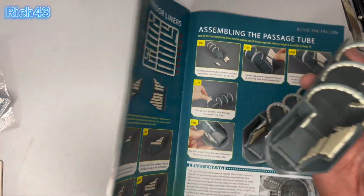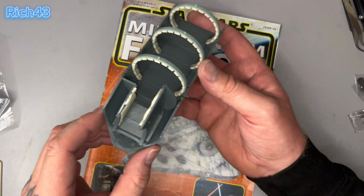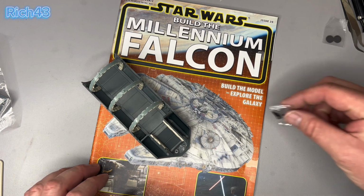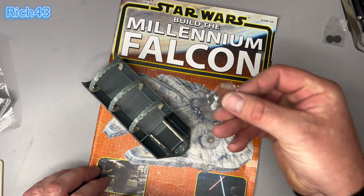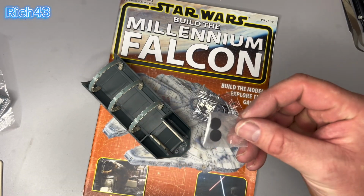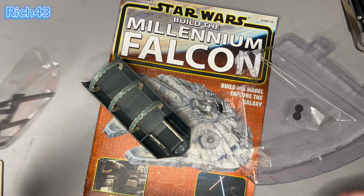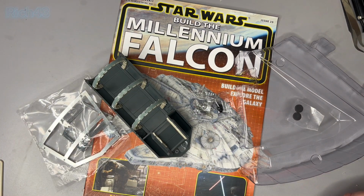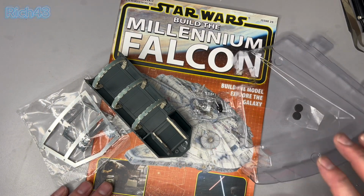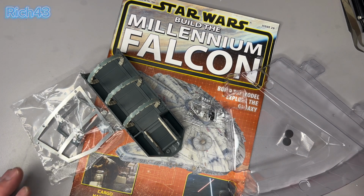So this week, guys, we've done the corridor liners and the passage tube. That is the passage tube done. And we've got some screws here, more fittings, which we've not used yet. And then these little pads, plus part of the jig. And we've got some more framework for the rest of the Millennium Falcon. That's no good now, so we'll get rid of that. That's the old sprue. But guys, that is it for this week's build of the Star Wars Millennium Falcon from